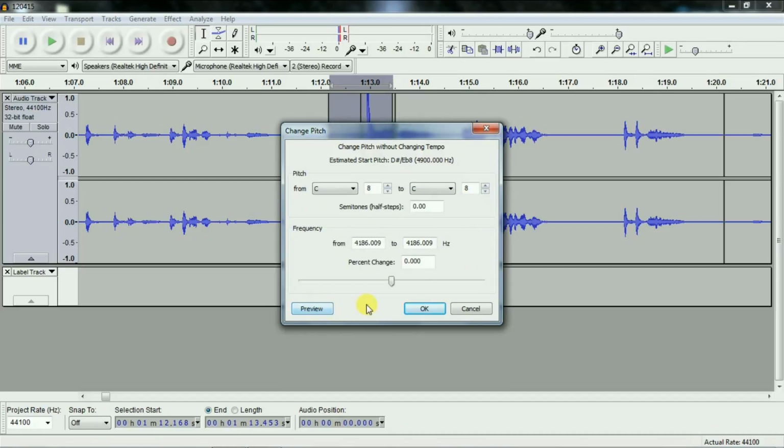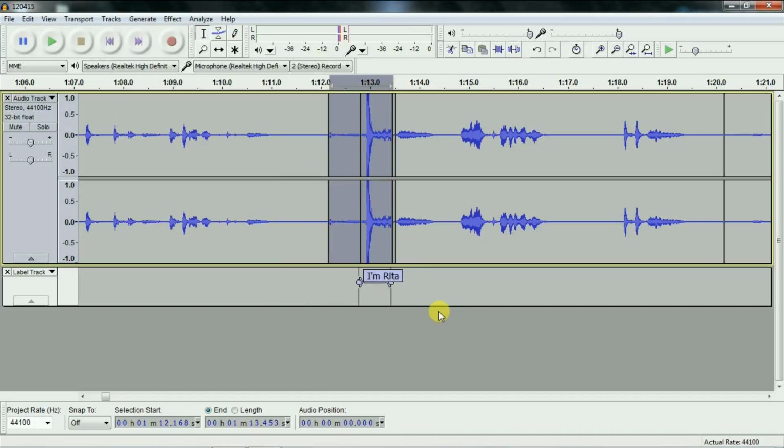That's all that is. And you can click OK. And then you just hit this. And that's exactly what you want to do when you want to slow it down but with the same pitch